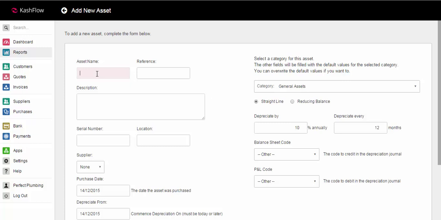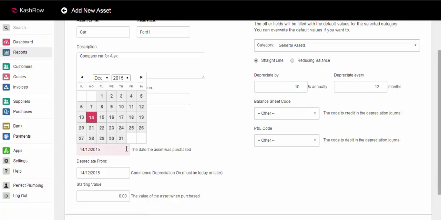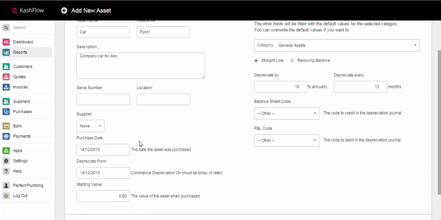So asset name, so I'm just going to put a car in here. We can put a reference, a description, any serial numbers and locations that need to be broken down against. We can put in the supplier in here if you want to. I don't have the supplier listed, so I'd have to go and create a new supplier if I wanted to choose them in here. We can put the purchase date, so I'm going to put the purchase date as today,